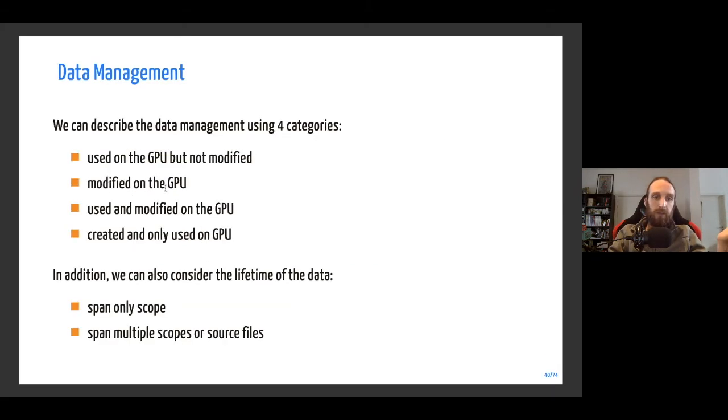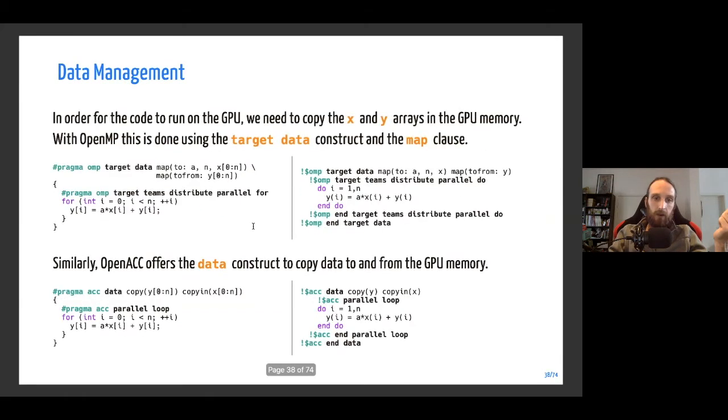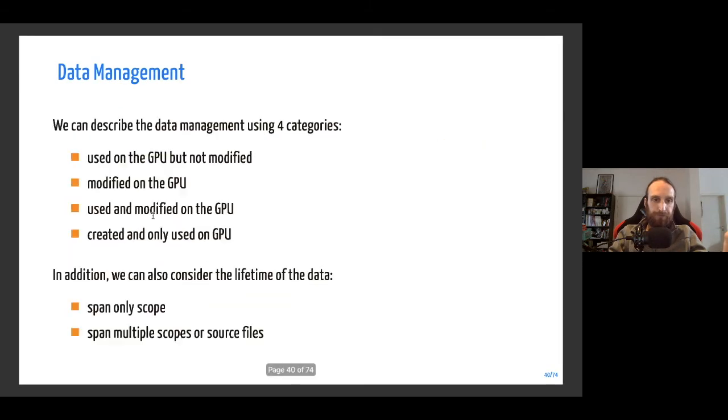Then you have data that will be just modified on the GPU, and then data used and modified on the GPU. This is the case of the Y array that was used as an input and also as an output, and then created only on and used on the GPU.